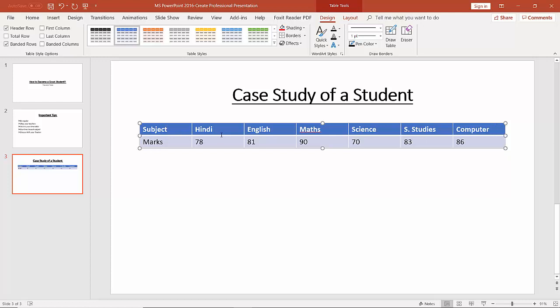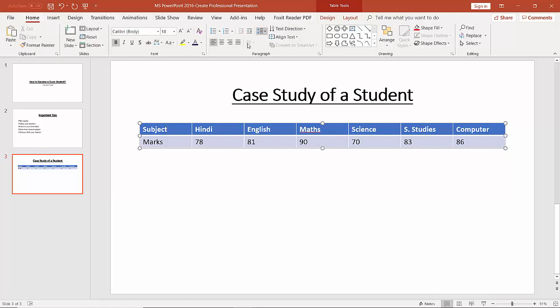Now let's say we want to put all this text and these marks in the center of the cell. So we need to select all of this table and then go to our home tab. Then under the paragraph group we can click on this center alignment, and you can see we can just make all of these in the center. If you want to make all of this text and numbers in the center at one time, you just need to select the table,